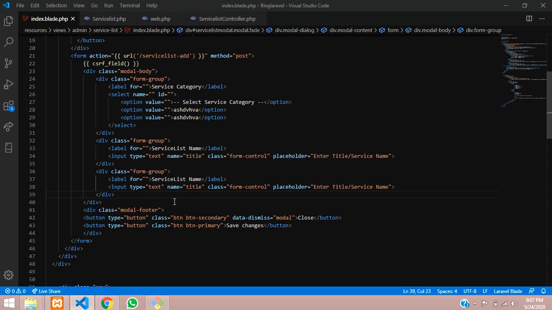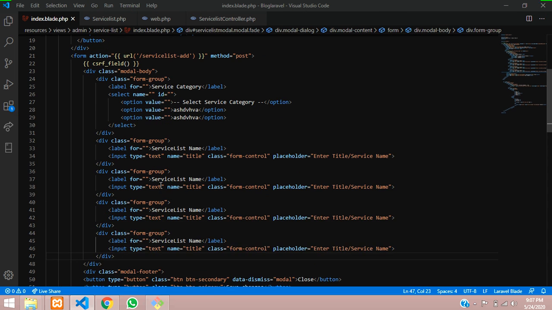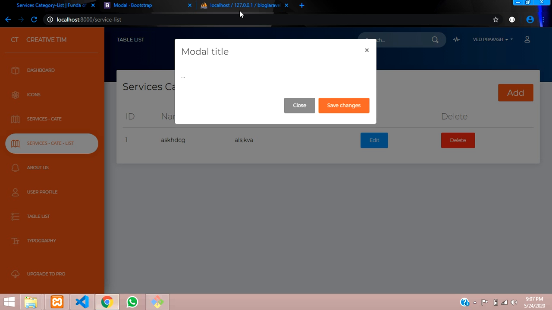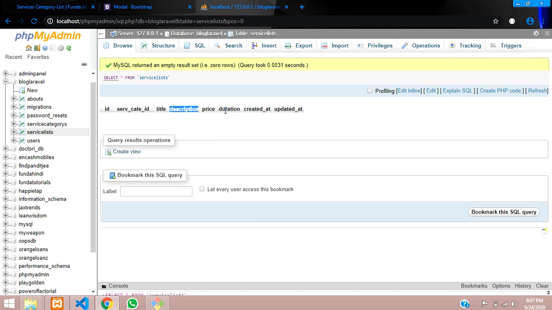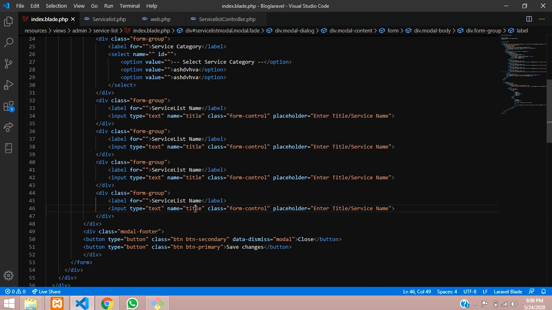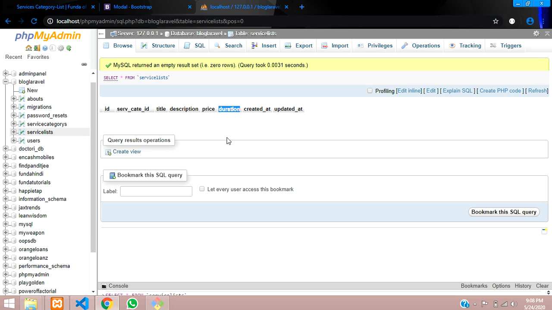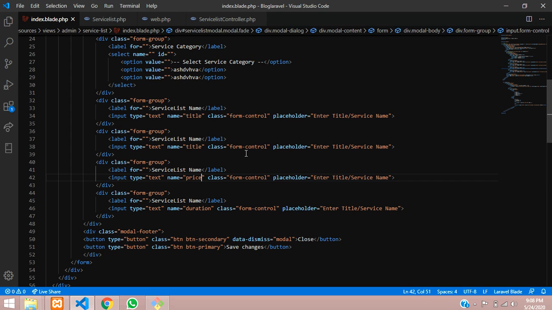So let's minimize this and design the form first. The next fields are description, price and duration. Let's take the duration at the last. Duration, this is the price, and the final one, description.